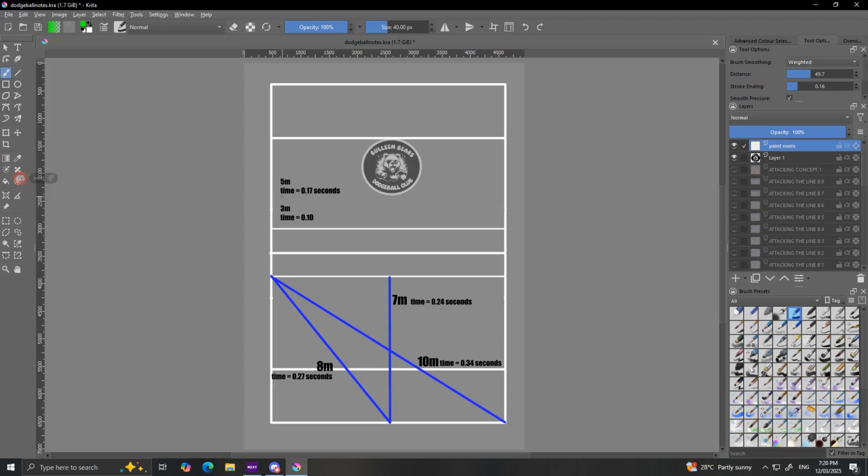Alright, and then once we start getting to this like 5 meter and 3 meter, this is when we're looking at like rushbacks and suicides. And one of the reasons why we prioritize rushbacks so much, right? And for those that don't know what a rushback is,